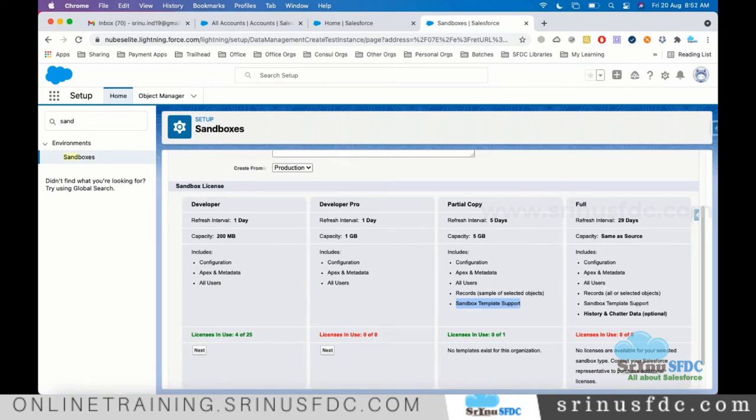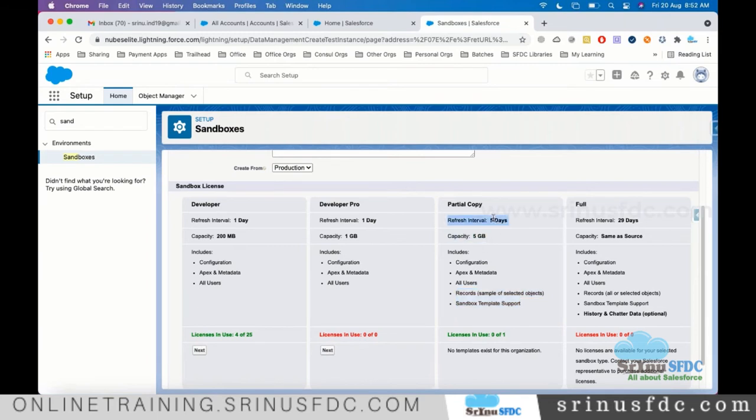Up to 5 GB of data can be copied. It has all features of Developer Pro. Additionally, a selected amount of records, some partial real production data, can be copied. And the capacity is 5 GB.